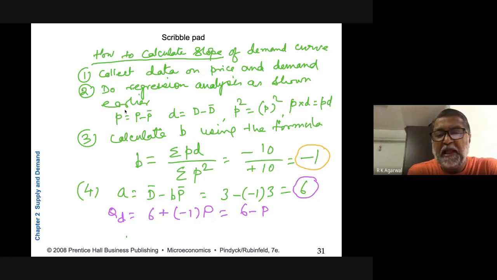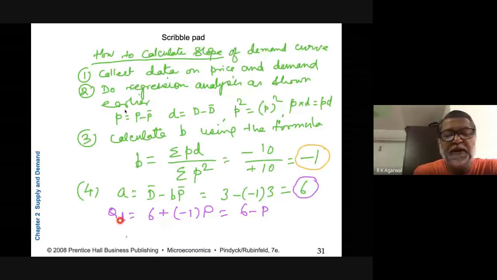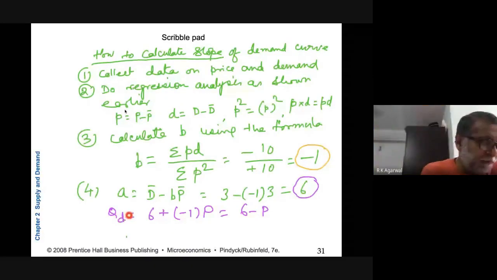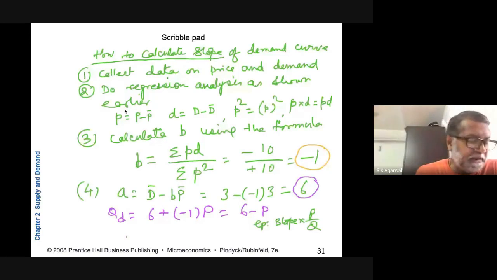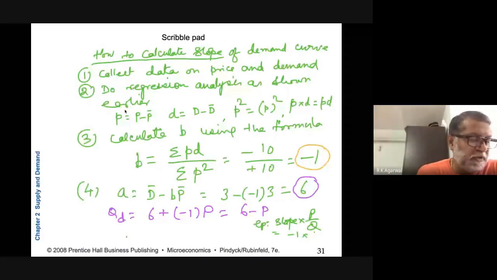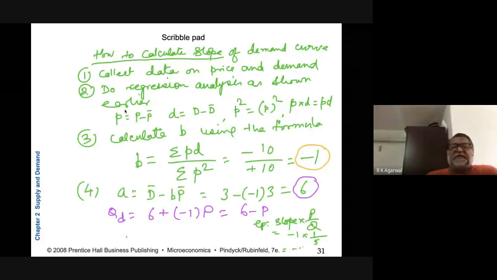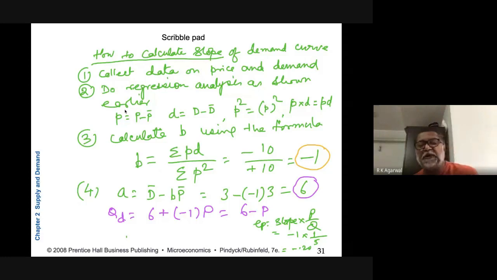अब p वैल्यू चेंज करते रहेंगे, 1 2 3 4 5 6 कुछ भी लिखते जाओ, यहां आपका क्वांटिटी डिमांडेड निकलता चला जाएगा. तो आपको जो इलास्टिसिटी निकालना है वो है स्लोप इनटू p बाई q. तो आप निकालें, स्लोप कितना निकला? -1 इंटू, अब p अगर है 1 तो QD हो जाएगा 5, तो 1/5. So this will be -0.2. So these are the steps that you have to follow in order to calculate demand